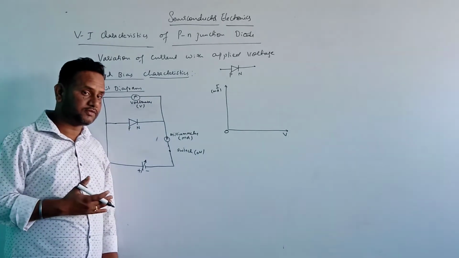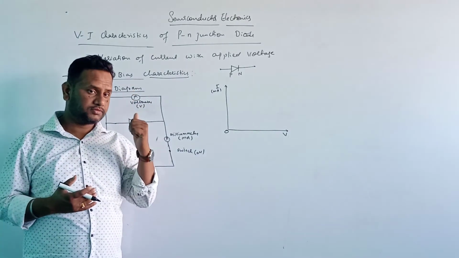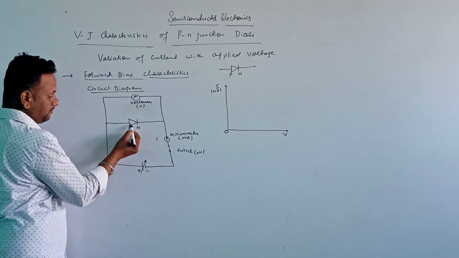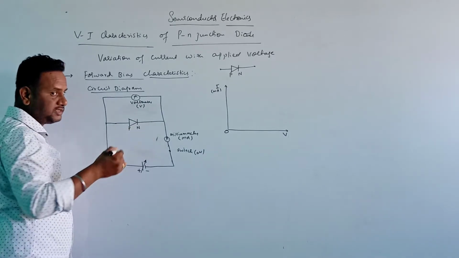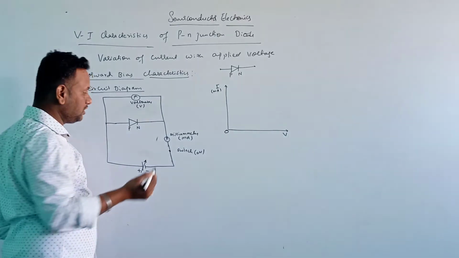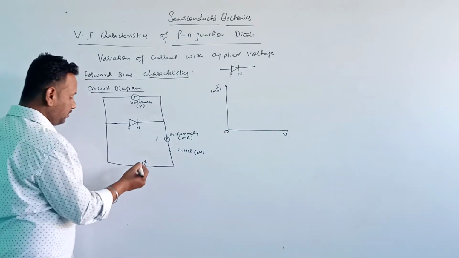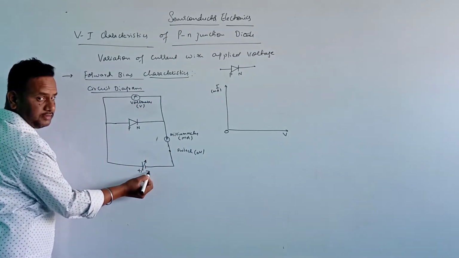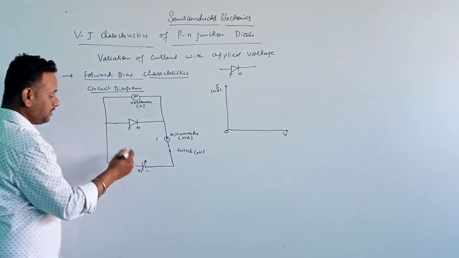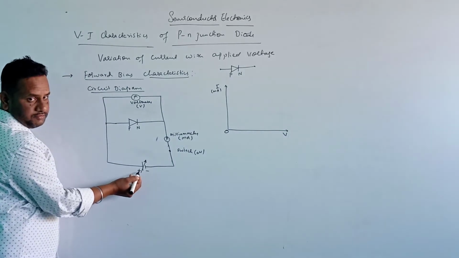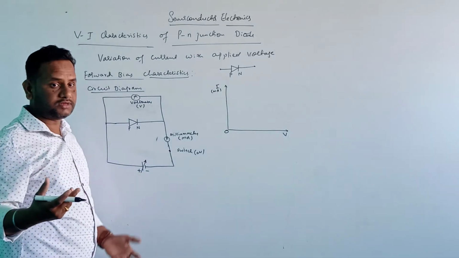I told you there that in forward bias, the current keeps increasing. Because in the P region the majority charge carriers are holes, and in the N region the majority charge carriers are electrons. Now this is a positive terminal and it is a negative terminal. Holes are the positive charge carriers, so they will get repelled by this terminal, and here it is negative, and the electrons also repel each other.